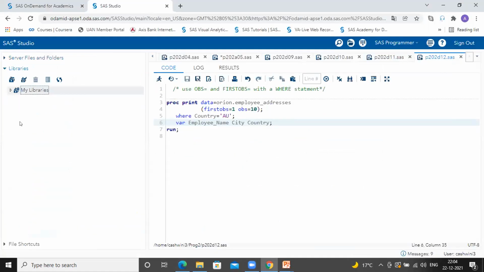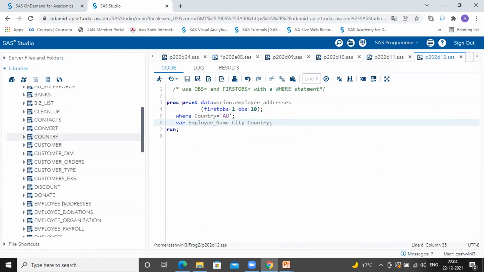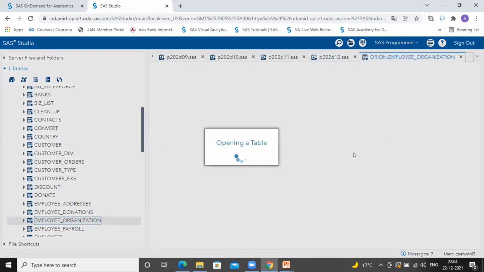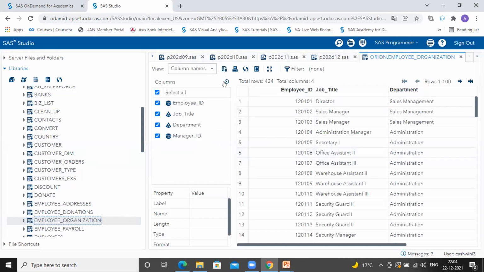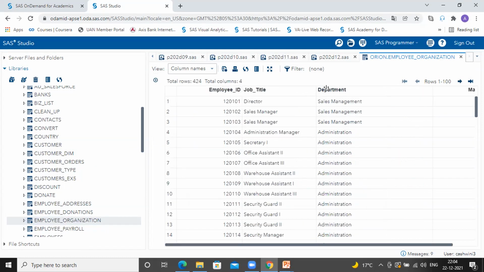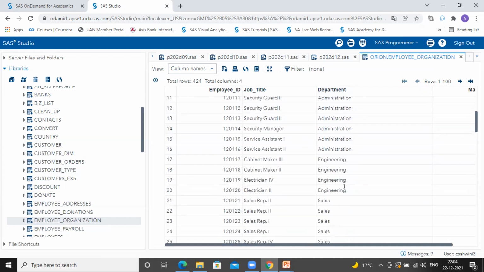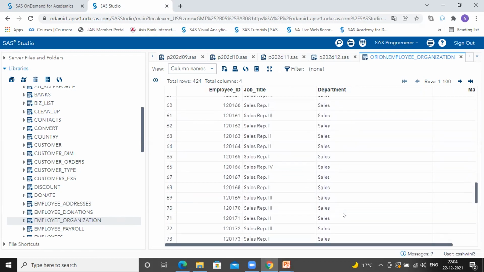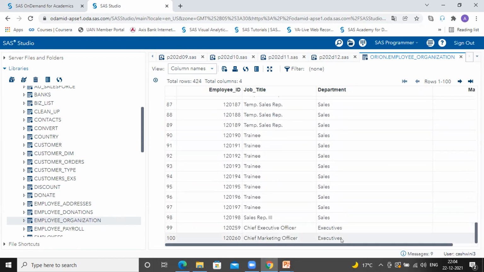Now, before working on this data, let's understand the dataset employee organization and check the values for department. Going into your library, a very basic thing is you should know your input data. So employee organization data has columns, as they said: employee ID, job title, department, manager ID. If you check department, you have sales, sales management, administration, engineering, sales, executive.